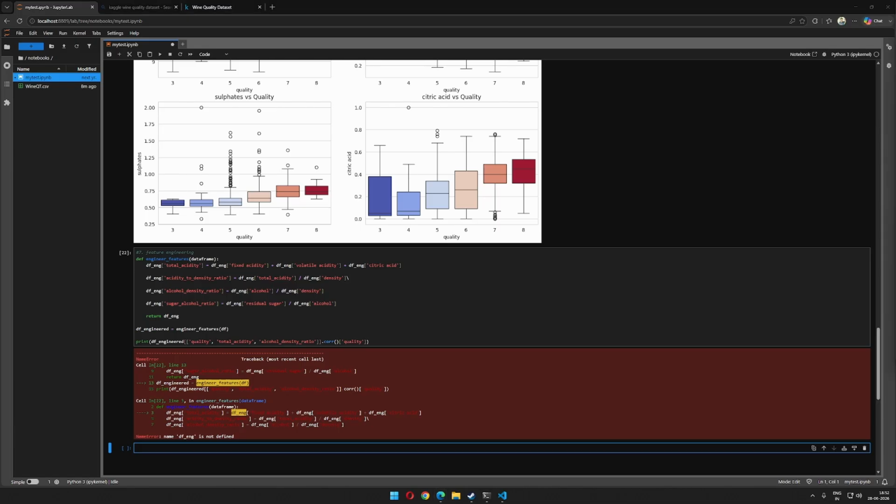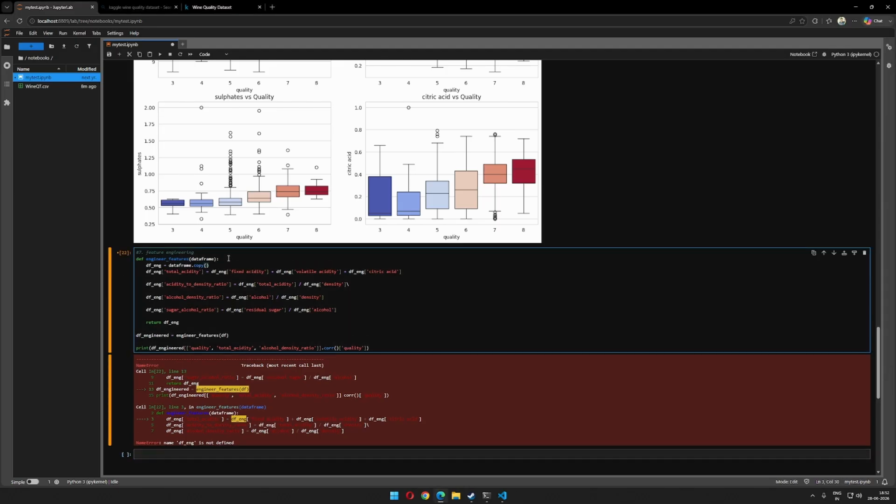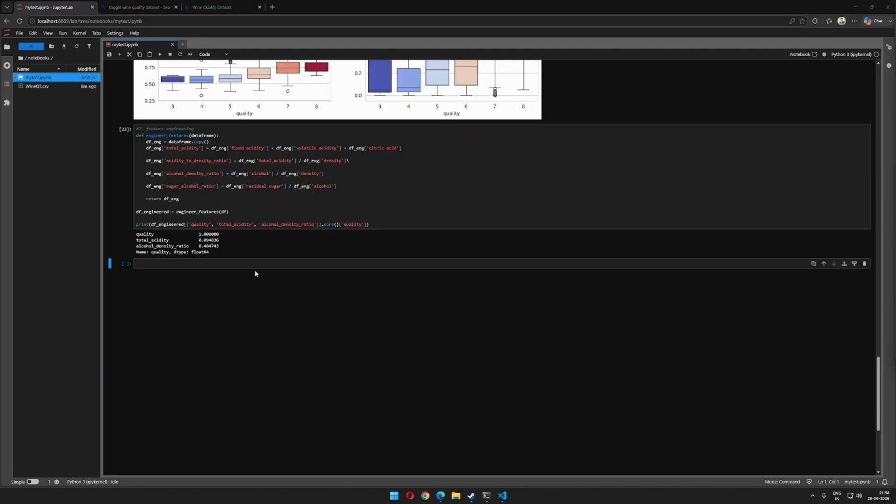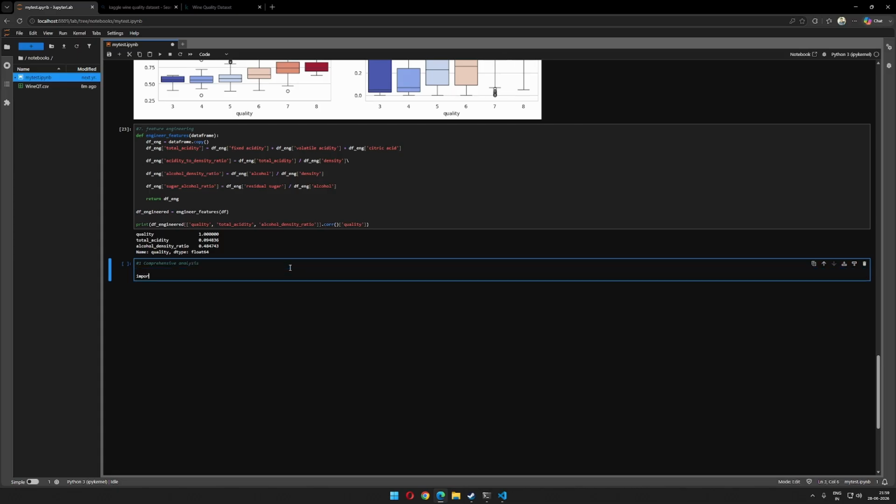Oh, I forgot to create a copy of it. That's going to work. Now that we have our data set ready for more analysis, we will start with one comprehensive analysis. So I'll simply import math, then